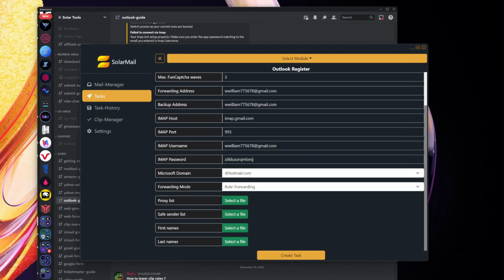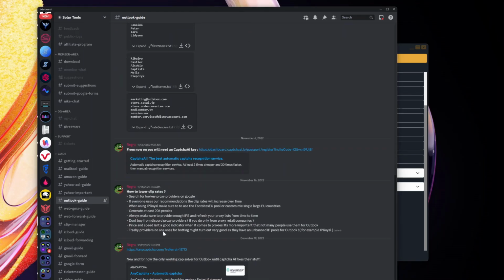And then once you've saved them, whether it's on your desktop or in a folder, click select the file, choose that file, and then once it's been added in, the bubble or the button will be green like what you see here, okay? Same thing goes, of course, for your proxy list, but when it comes down to the proxy list, take a look to see what they recommend. In here, you'll notice that their recommendation is IP Royal. So when using IP Royal, make sure that you're using the FTSE EU pool or custom makes a large pool